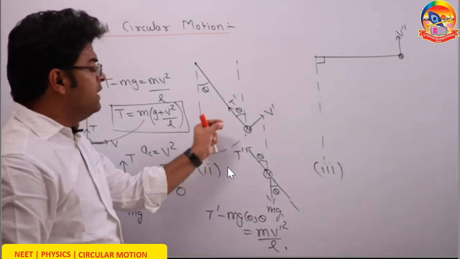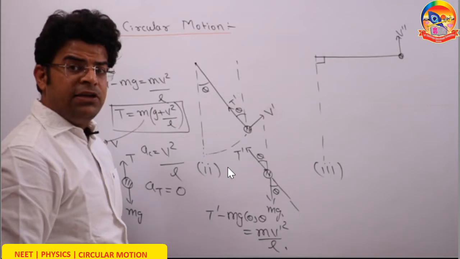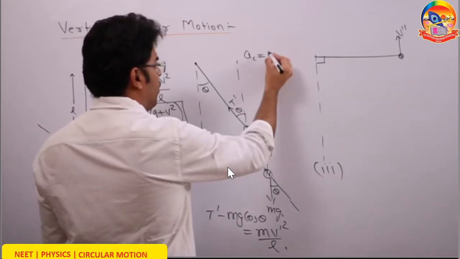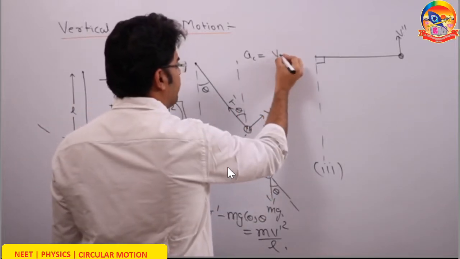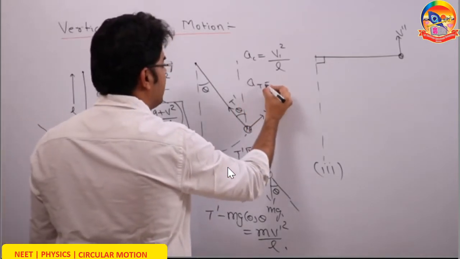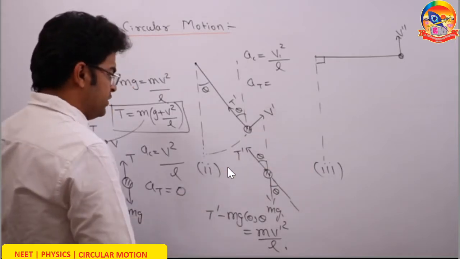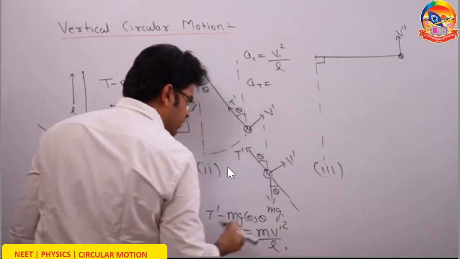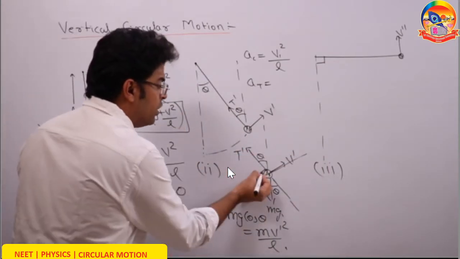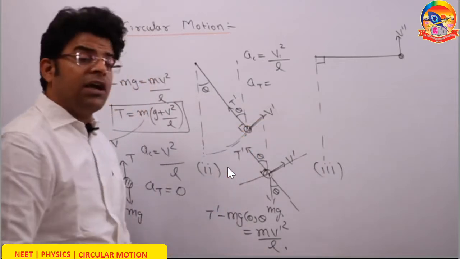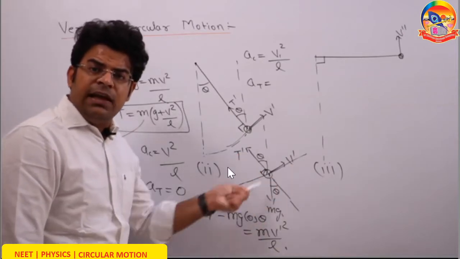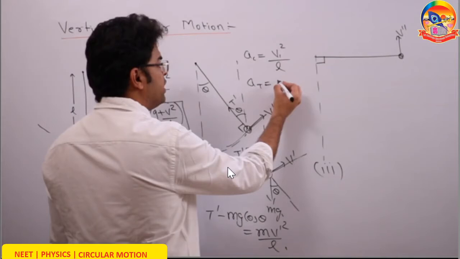Now here they might ask, what is the centripetal acceleration, what is the tangential acceleration? For this position, the centripetal acceleration is v dash squared by L. And what has to be the tangential acceleration? To find the tangential acceleration, you have to look at the net force in the tangential direction. This is the tangential direction in which we have the speed right now. In this direction, there is no component of the force of tension, since tension is perpendicular to the tangential direction. But there is a component of the force of gravity. How much? mg sin theta. Since the net force in the tangential direction is mg sin theta, the tangential acceleration has to be g sin theta.